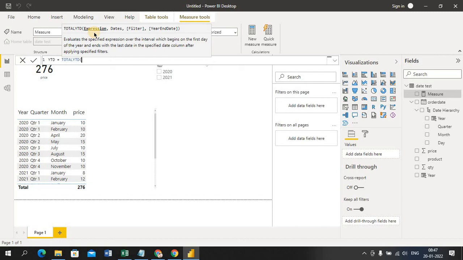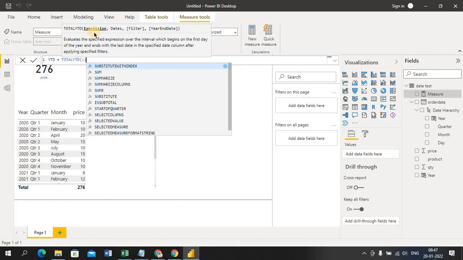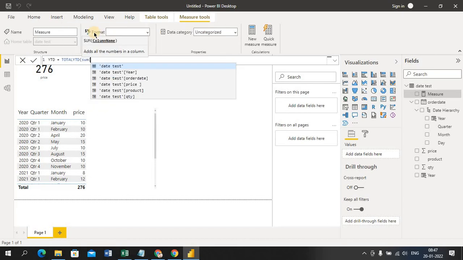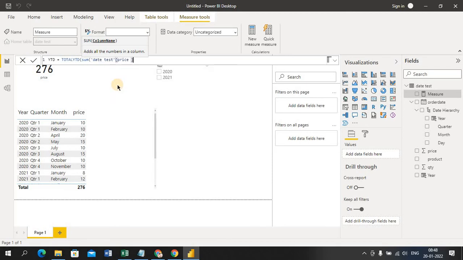Okay, so my expression, I told you sum, max, min, count, these are all expressions, guys. So I'm giving sum of, you can see here the format is now showing column name. What column name you are looking for from this? Okay, price. Now total sum of this. Guys, whenever you are going to write any DAX function, first you have to observe what hints it's giving to you.